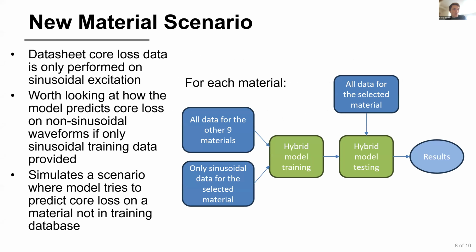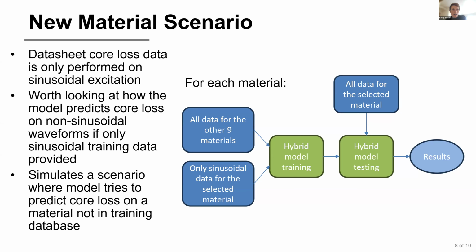And one of the interesting scenarios that we looked at was we wanted to test out how it would perform on a material that wasn't in the training set. So maybe one where you just have the data sheet. Most core data sheets only have core loss data for sinusoidal excitation. So we wanted to look at how it performs if it's trained on the other 9 materials and then just the sinusoidal data for this new material. So we trained it using all the data for the other 9 materials, and then the sinusoidal data for the new material. And then we fed it all the data for the new material, including the trapezoidal and the triangular waveforms, to see if we could